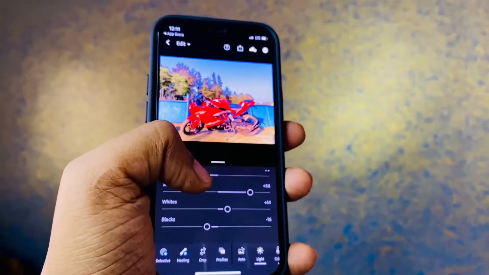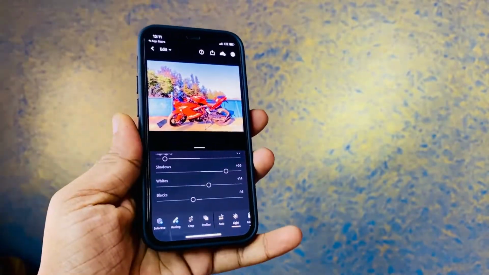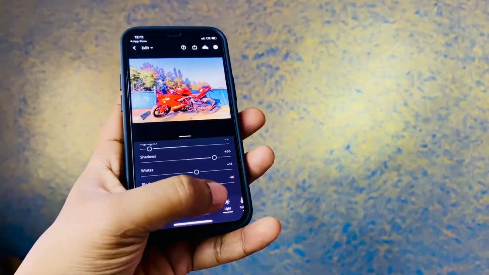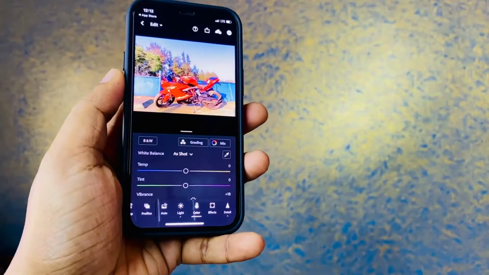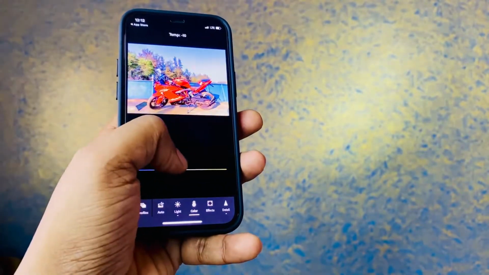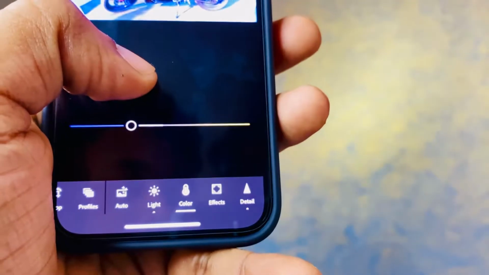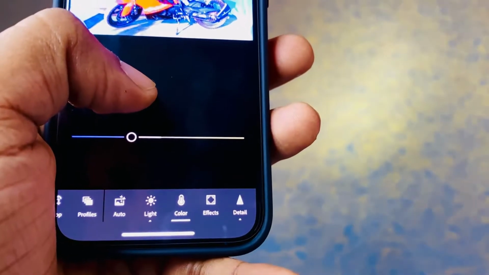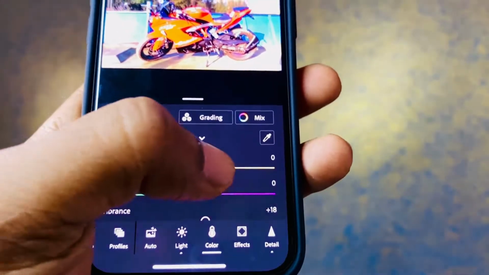So over here what you need to do is we just have to check out some other things like colors, and these are the parameters which allow you to be changed. So first of all we go to color, and then we go to mix, and I won't be managing around with the temperature. You all can check out what's best suited for you. So I'm just keeping the temperature as is. With the help of this you all can either make it warmer or cooler.